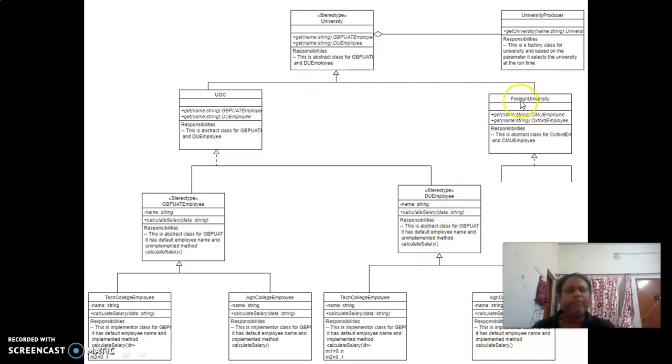The same process can be applied to the foreign university. There can be a number of universities in India and abroad. They can be linked together and accessed by the system. This system together is a complex system because it is a collection of a number of universities.